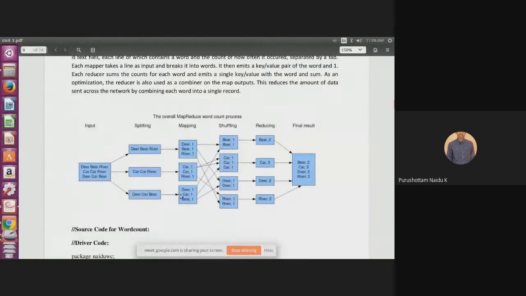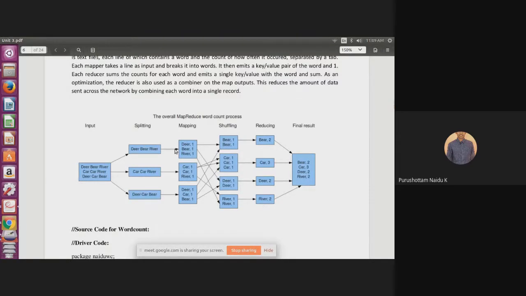Okay, so now to the mapper, the input is a key value pair. In this, the key is automatically assigned by Hadoop. That is called the index value of this line. So the key is the index value, and the value is this line. That is the input of the map function.